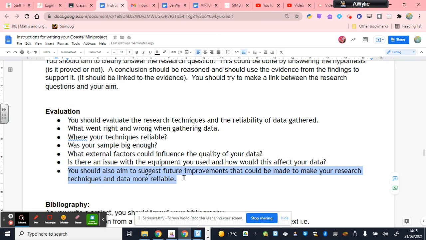Now, if you can only identify one thing, you'll find you'll get a lower mark. More often, you can identify things that challenge the quality and reliability of the data, then the higher up the evaluation mark